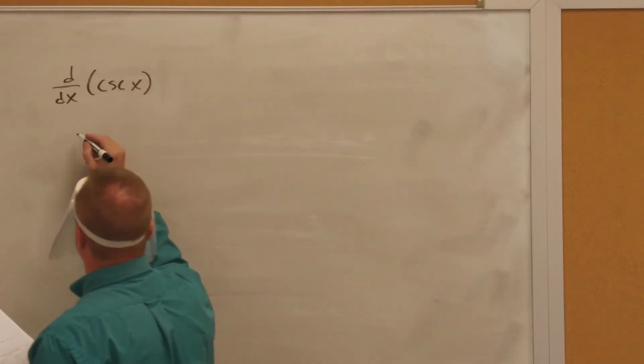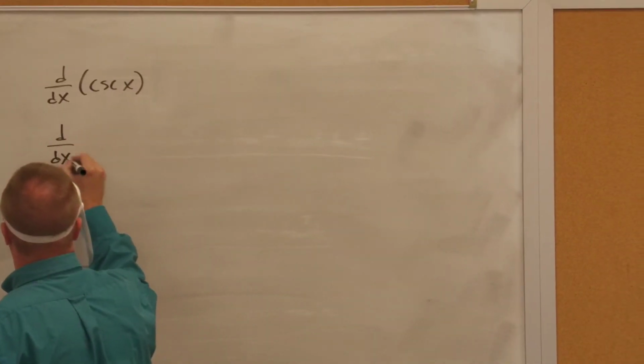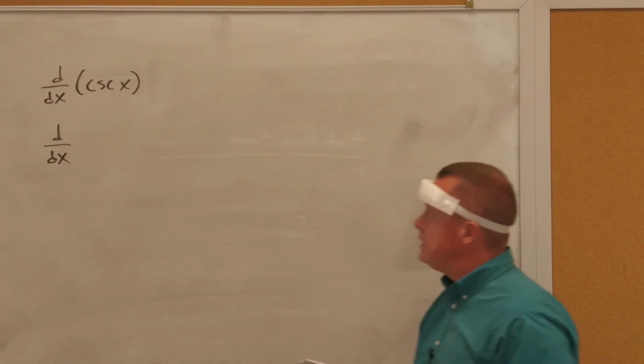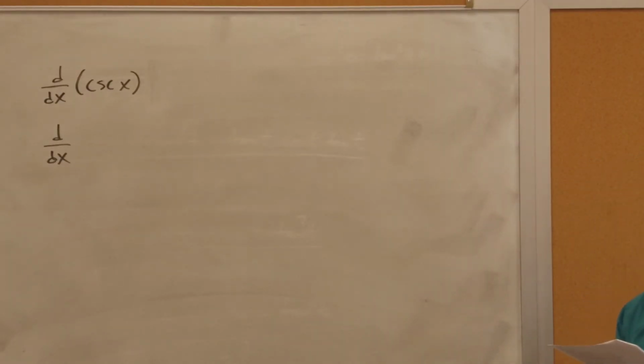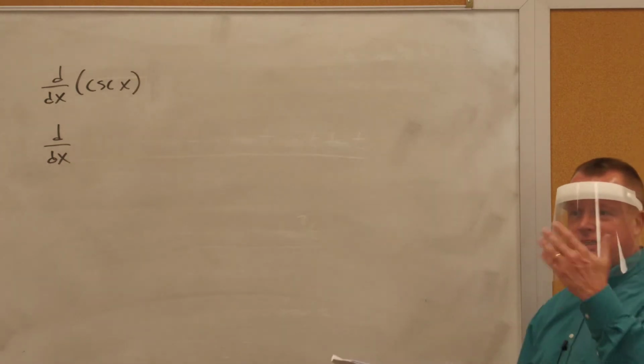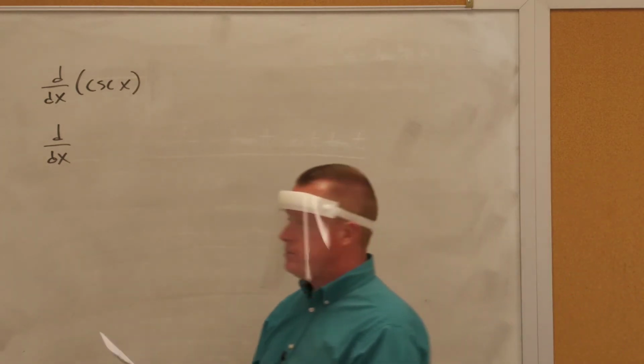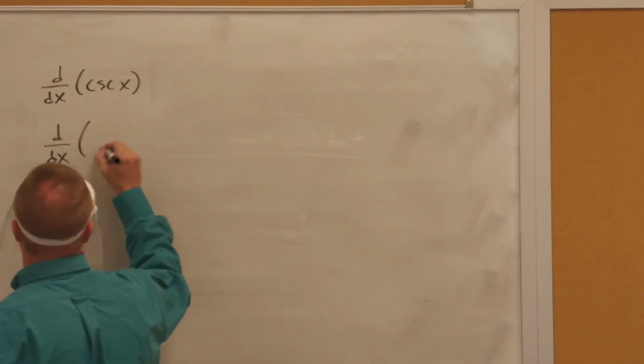If I use the quotient rule, how can I write cosecant? What's another way of writing cosecant? So cosecant is the reciprocal of what? Sine, right? Now sine and cosecant are reciprocals. Cosine and secant are reciprocals. Tangent, cotangent are reciprocals. So I could rewrite this as 1 over